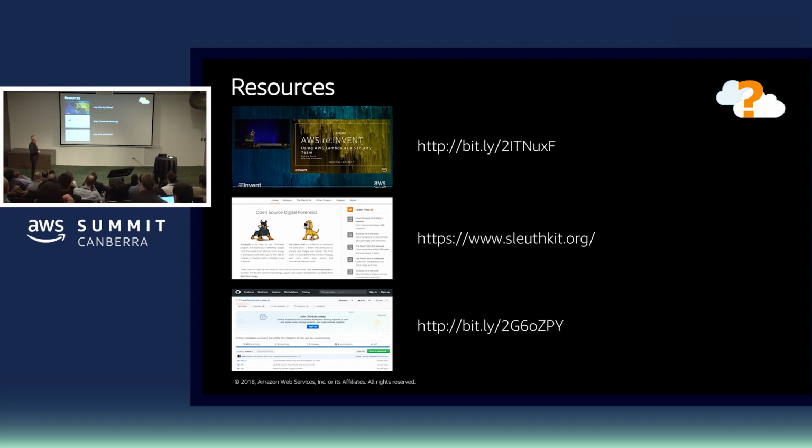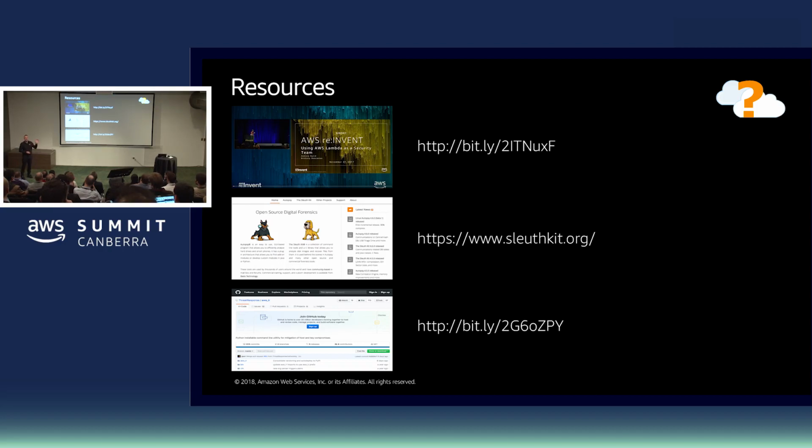The top one there is using Lambda as your security team. So everyone knows AWS Lambda. If you use Lambda as your security team, it can help automate. So poor old Bob, he's the only person in security, right, in his organisation. So he really needs to leverage the tools and automation, as do you all, to try and get ahead of the adversaries. SleuthKit is a file-based forensics toolkit. It's open sourced, used quite widely out there.